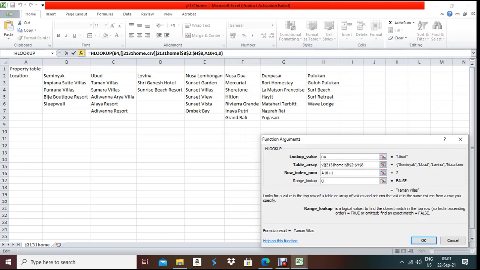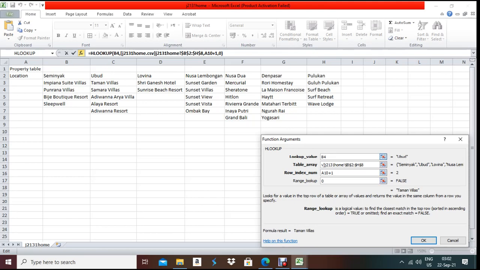In this case, Taman Villas belongs to the second row, right? In the selection part, my selection was B2 to H8, so Taman Villas belongs to the second row.